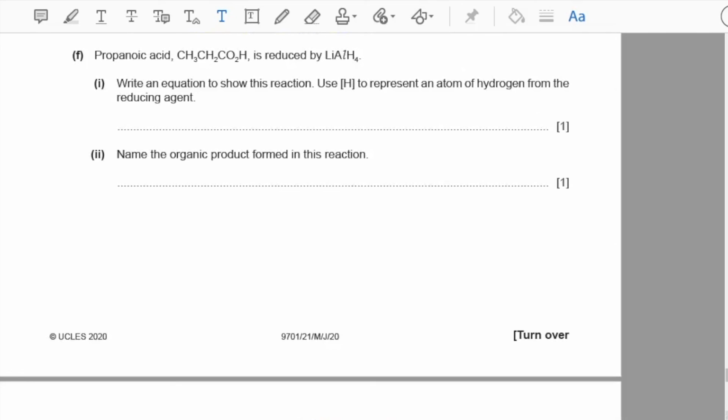Part F, propanoic acid is reduced by LiAlH4. Part 1, write an equation to show this reaction. Use [H], the symbol to represent an atom of hydrogen from the reducing agent. So using this, you represent reduction taking place. CH3CH2COOH, we add that to hydrogen, and then it gives